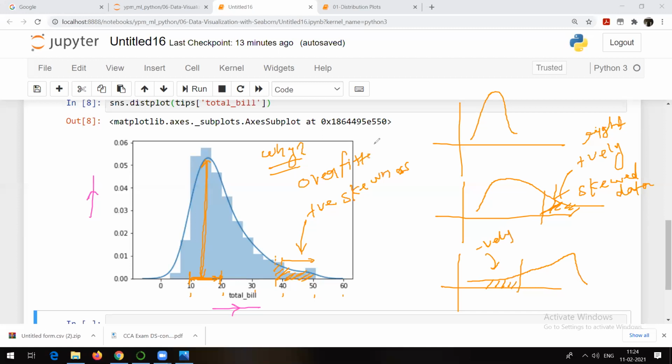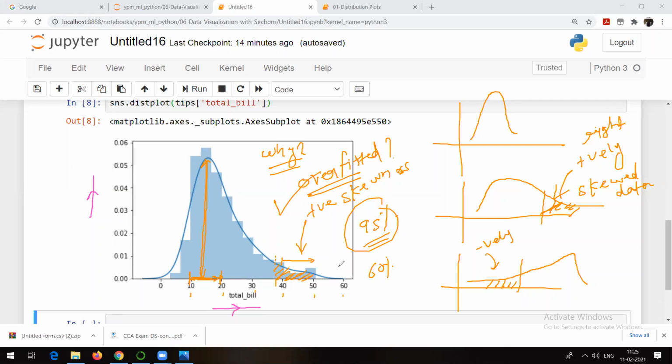Now, what do you mean by an overfitted model? Suppose you have created a prediction model which is predicting the share market price, for example, based on some observations and variables. For training data, suppose the model is giving you 95% accuracy, but for testing data, or in real time, it is giving you 60%, 65%, 70% accuracy. That means the accuracy for testing data is very much less as compared to training data. That type of model is called an overfitted model. What is testing data? What is training data? That we will talk about.